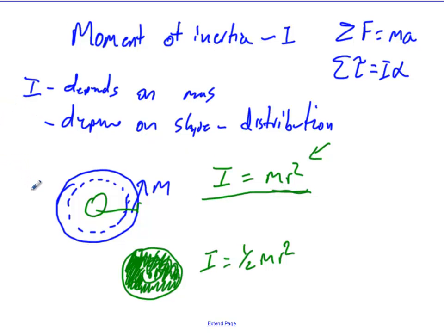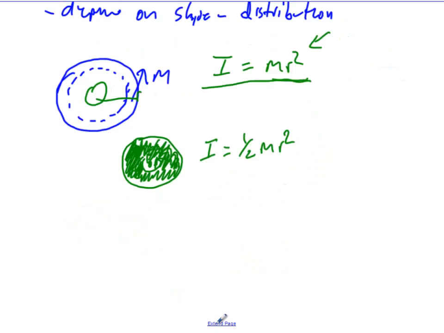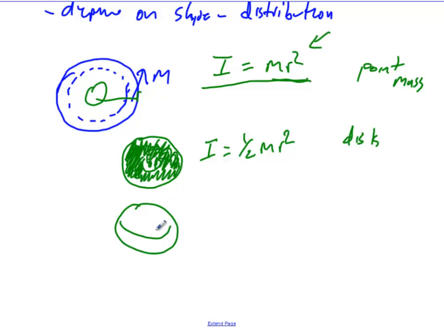There is a list of these in your book. There are a couple I want you to be familiar with. You should know the thin hoop or the point mass. So this is a point mass, r units from the center. This is a disk, radius r, mass m. If you have a sphere, and the sphere is hollow, so there's no mass in here, it's all distributed